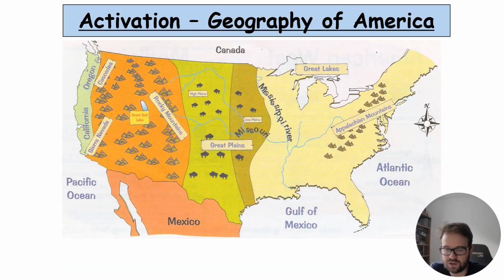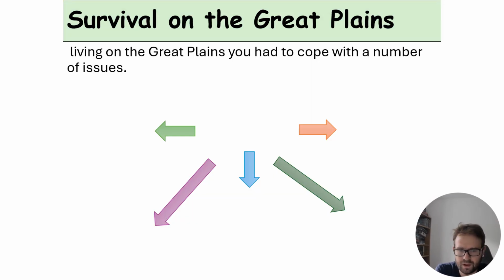Right, the first thing to note is the setup of the Americas. We're in the east, first of all, so where you see the Appalachian Mountains, and then you see the Mississippi River there, which is going to be important, especially the first Indian Removal Act. So this is where the white settlers are. In the middle, you see where the buffalo are. That's where the Plains Indians are, and then they want to get to California and Oregon in the west, where we'll know gold comes and also good farming land. Okay, so make sure you're aware of the geography.